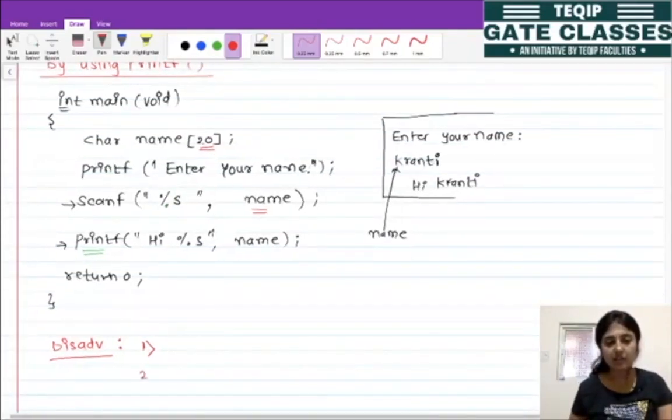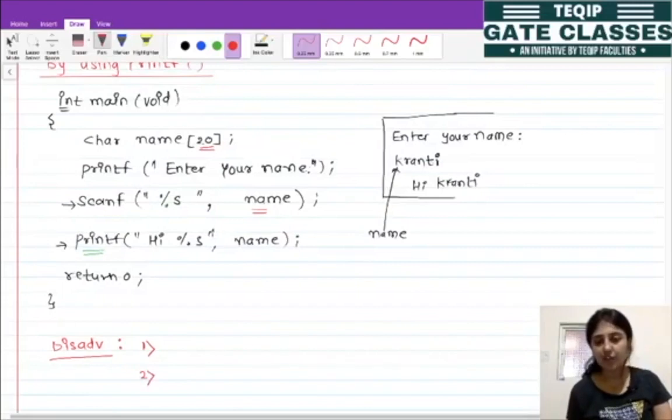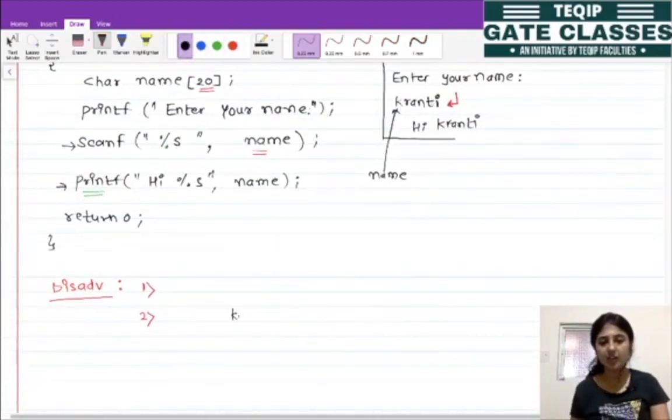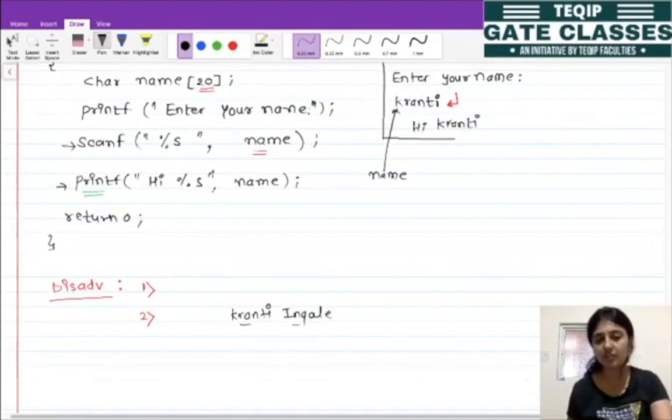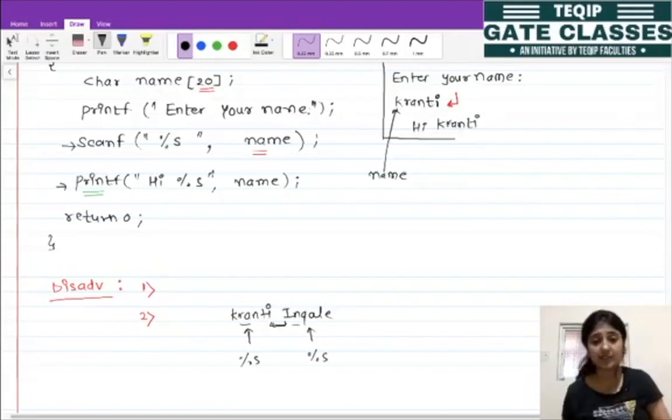And the second thing is, after this Kranti, when you press the Enter button, it will exit. But when you have a string something like this, say My name is Kranti Ingle, a first name and surname, and maybe sometimes, like in some states, the father's name. In this case we have spaces, so this %s scans only the first string, but for the next string it needs another %s, multiple %s.